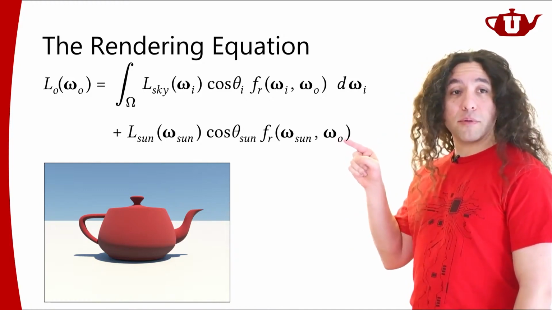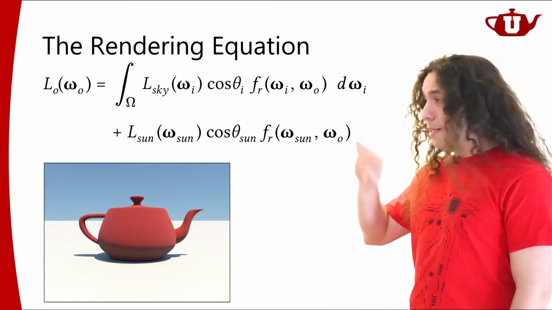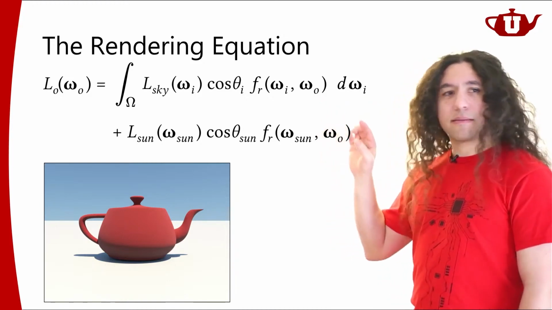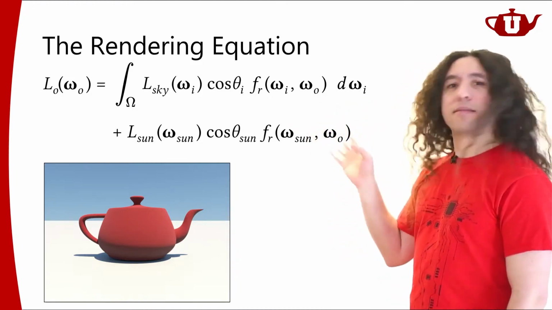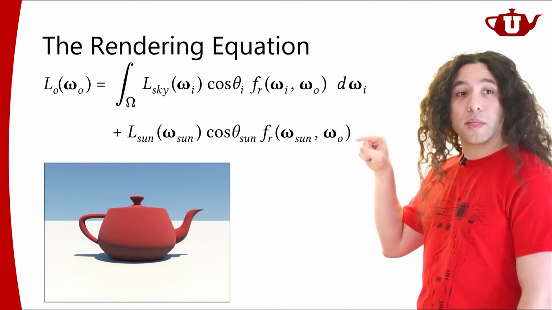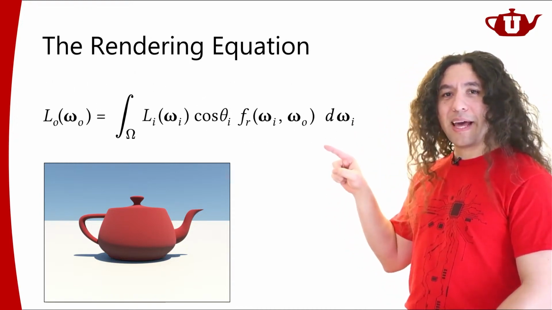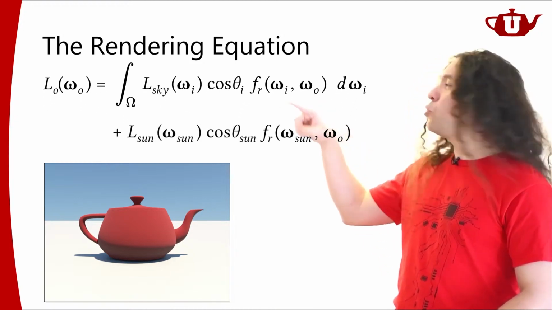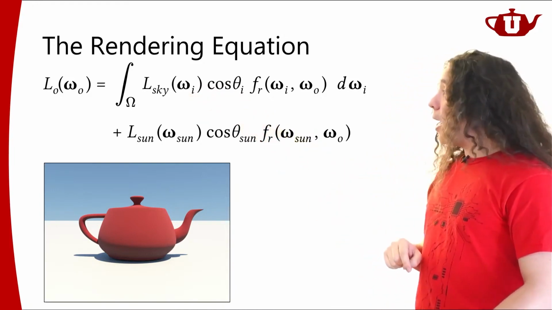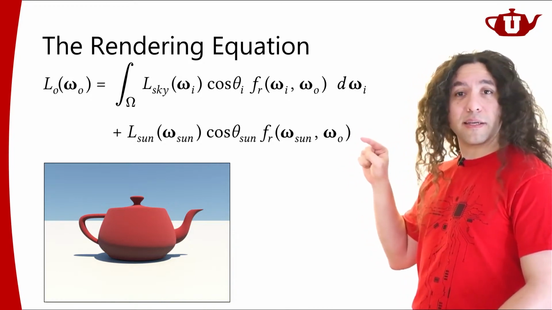Sunlight is easy to compute. I know how to compute this. This is a little more difficult to compute because I kind of need to look at all directions. I mean, it's not that difficult, this one. It's doable if it's just coming from the sky. It's doable, but you know, it's not as simple as this one, right? This one is a lot simpler. So by taking this equation and splitting it into two components, such that I have the skylight and the sunlight, I am able to compute at least a part of this very efficiently and very easily.